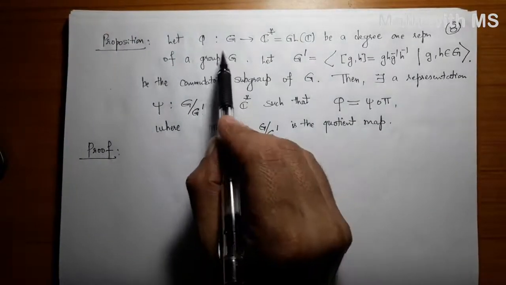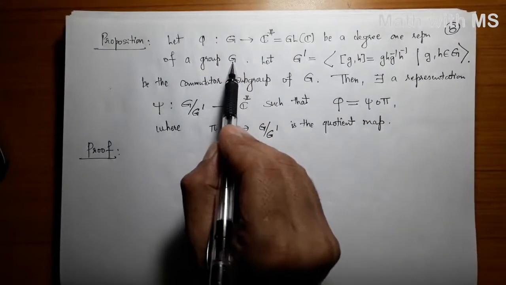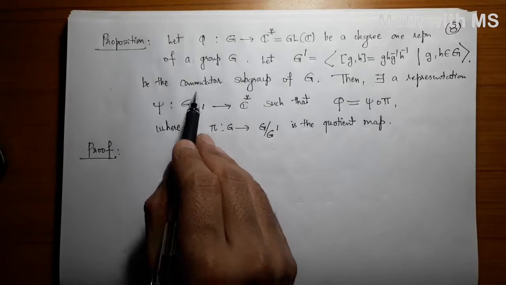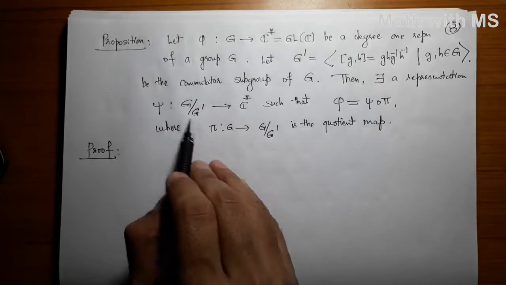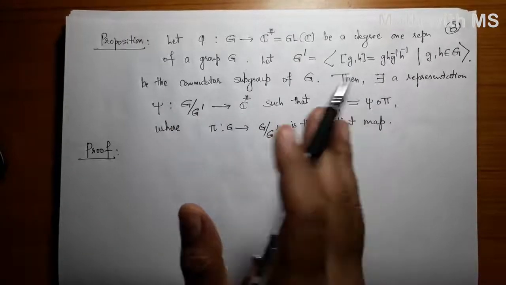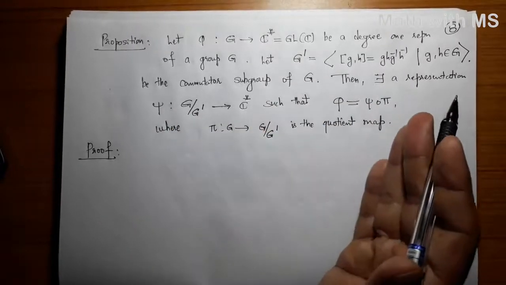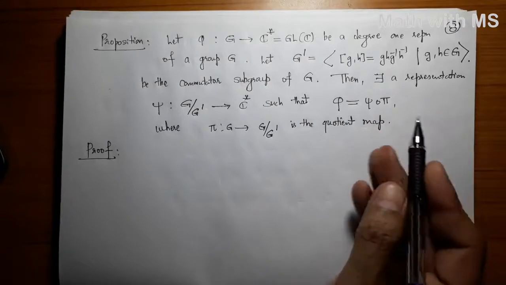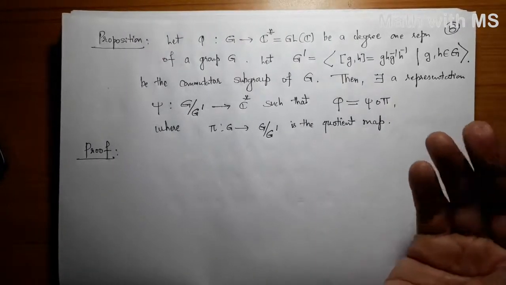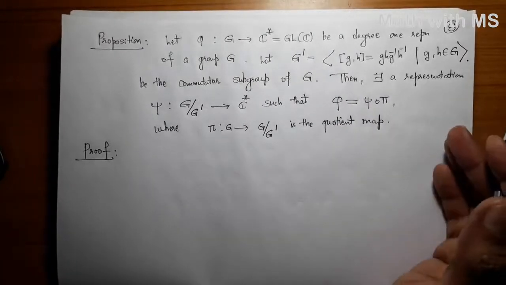Okay, if you are given a degree 1 representation of any group, then it comes from a degree 1 representation of its abelianization. And for abelian groups we will have a complete description of degree 1 representations, which are also irreducible representations. So degree 1 representations of any group you can more or less find out if you know what the abelianization is. All right,